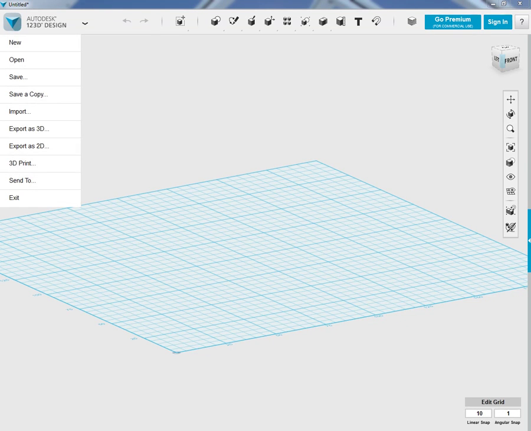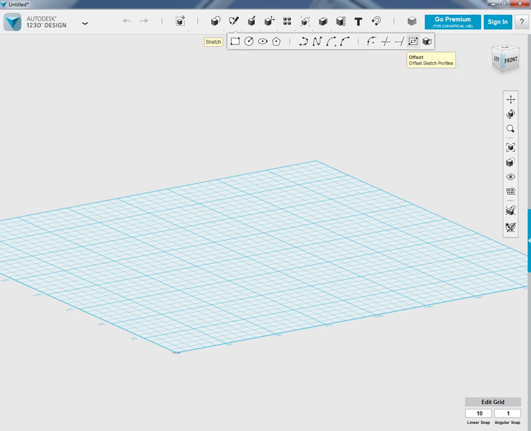We're in Autodesk 123D Design here, and in this video I want to have a look at some of these sketch tools that we can see underneath this menu option. So I'm going to be drawing a series of sketches on this 2D work plane that represents the build platform of a 3D printer. And just so you understand where these sketch tools come from, obviously we have these primitives